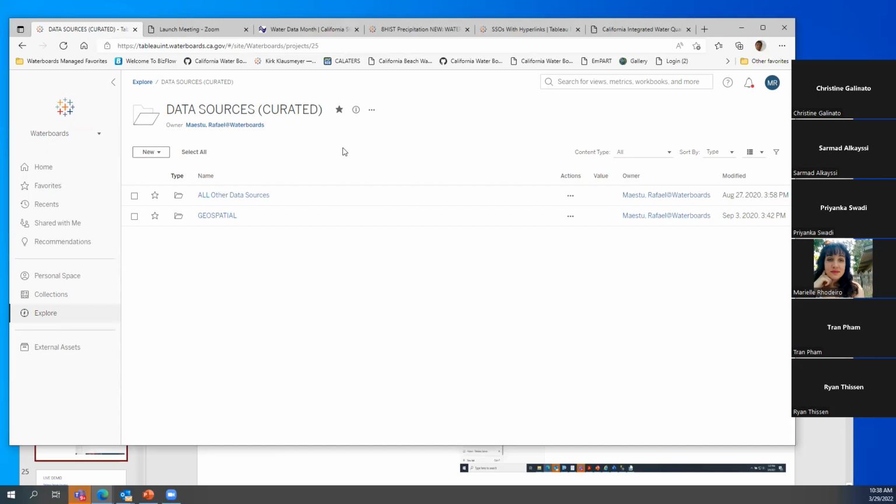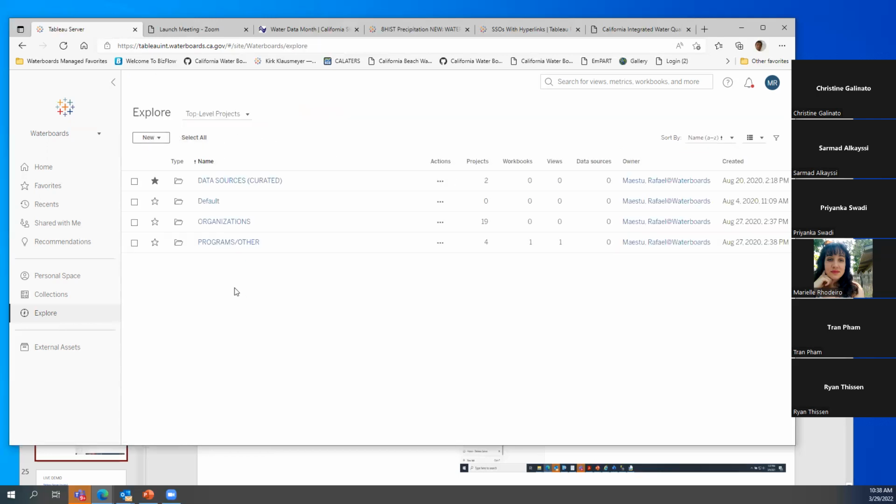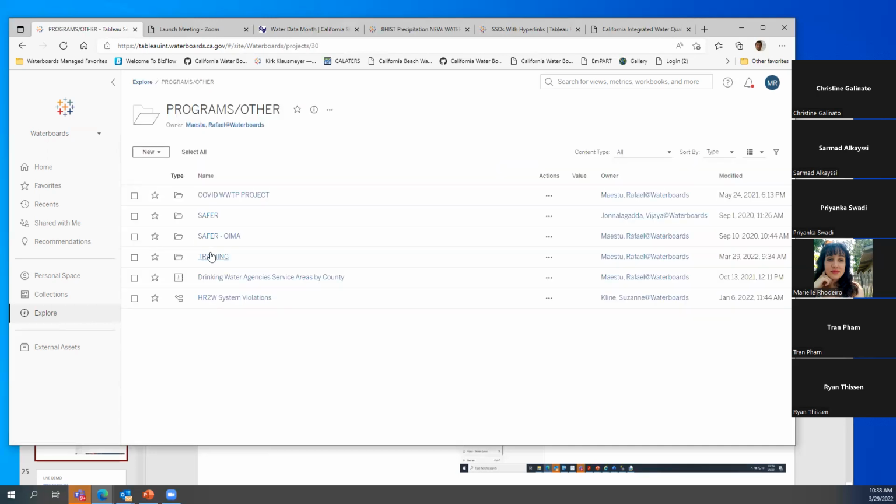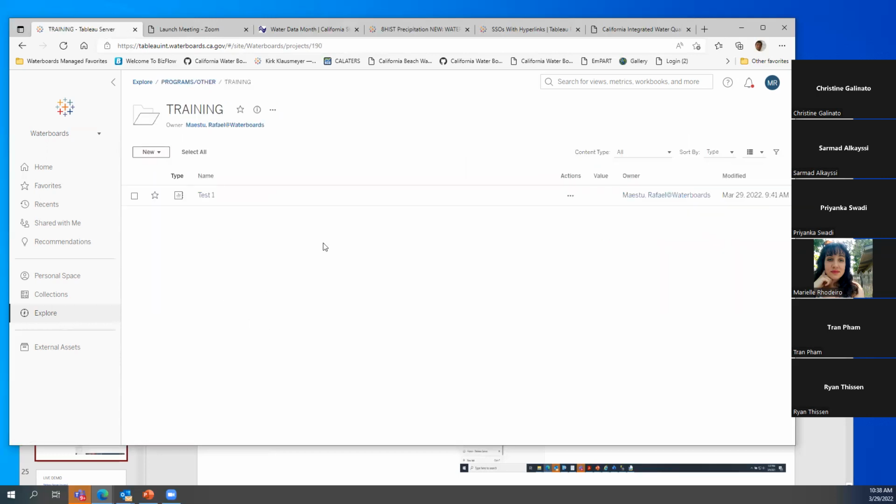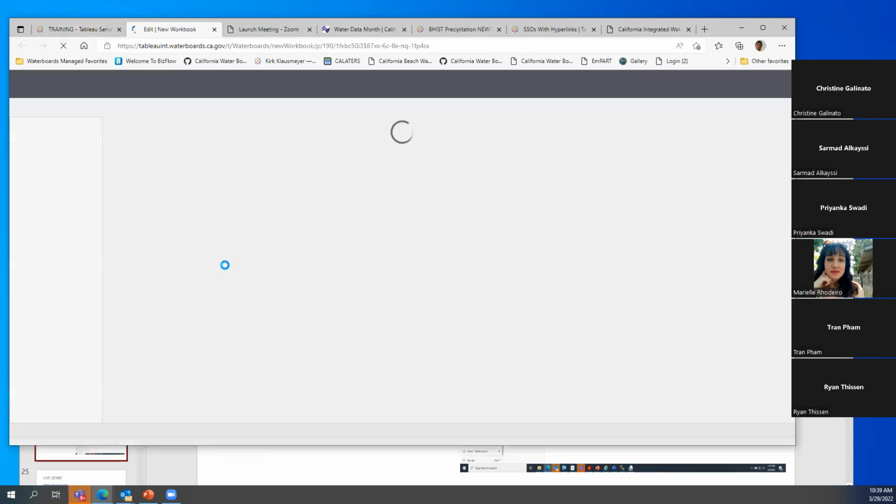Okay, so what I can do is start a visualization to see how we'll connect to data sources. I have this project called training. You can go and say new, and then you can create a workbook from there directly.